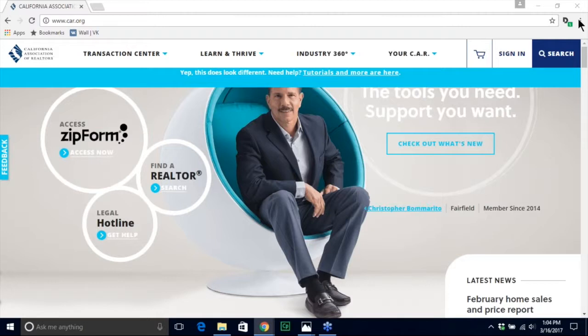So how we access zipForms, very simply, we're just going to come to www.car.org. This is, again, the state website that you want to go to access your state-provided benefits. From here, if you're a brand new user to zipForms, what you want to do is move your mouse over to the right-hand corner where it says Sign In. When you click on Sign In,